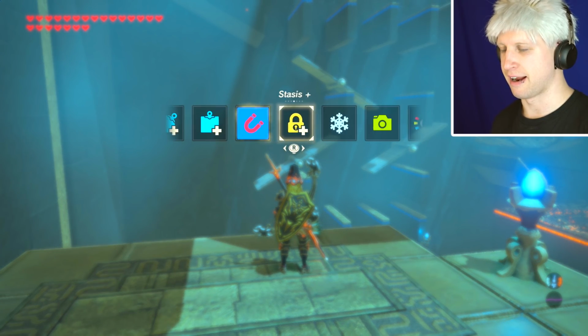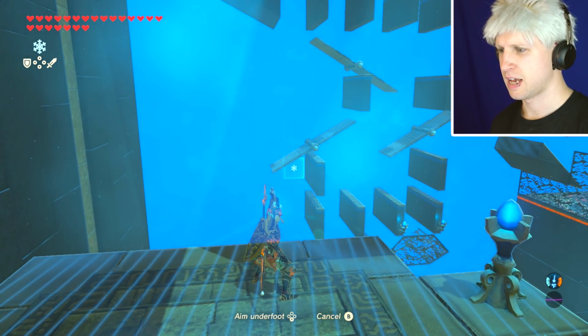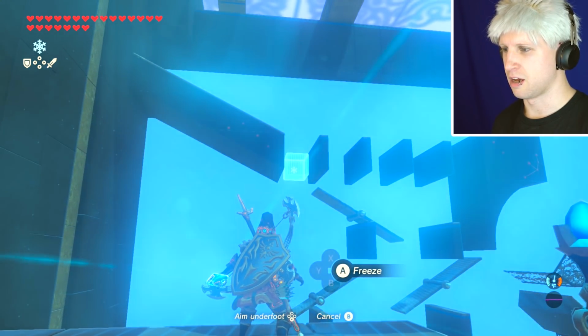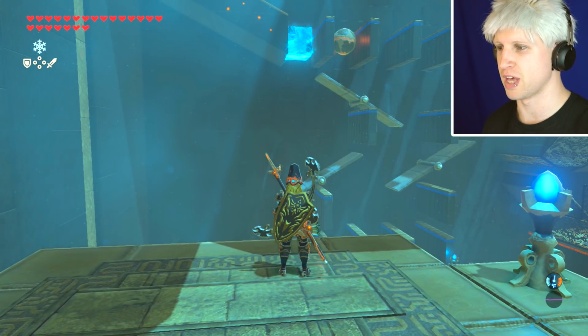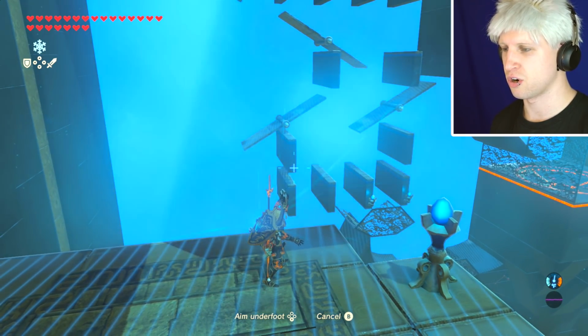Oh, ice. Alright. So what we gotta do is this. How do we do this? How do I do this? Oh, that's right. We do this. I don't know why I was thinking that we had to move that thing. Maybe we do, because we gotta get it to go...